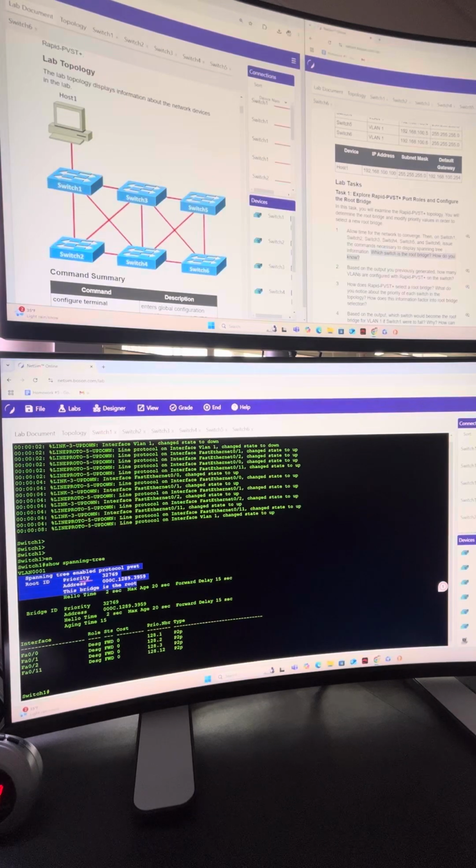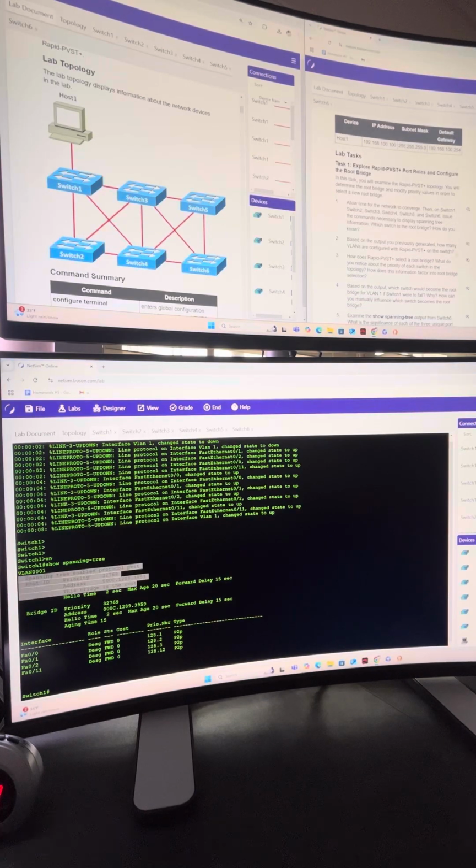All right. So number 2, it says, based on the output you previously generated, how many VLANs are configured with Rapid-PVST Plus on this switch? Well, we did a show spanning tree, and the only VLAN that came up is VLAN 1. So we're using the default VLAN of VLAN 1, and that is the only VLAN configured on this switch. If we had more VLANs, we would be able to see that VLAN-specific information within the show spanning tree